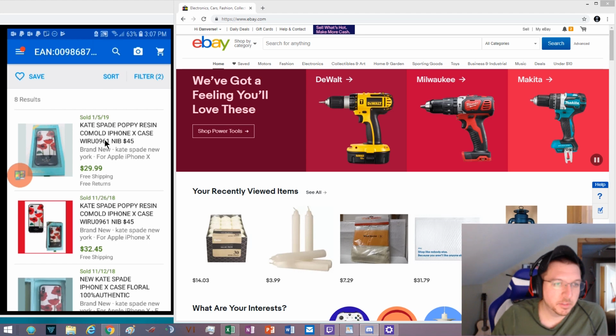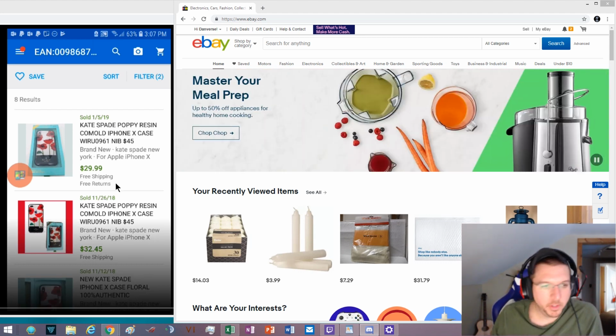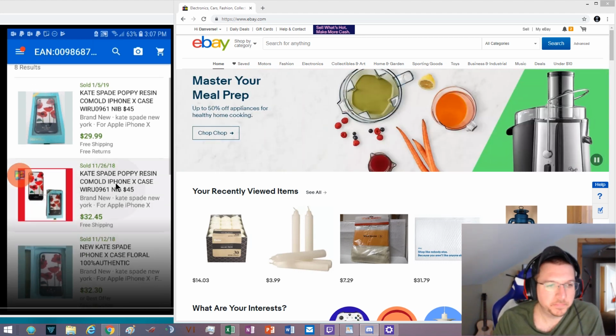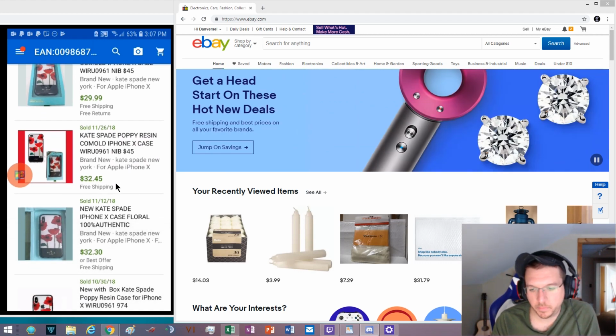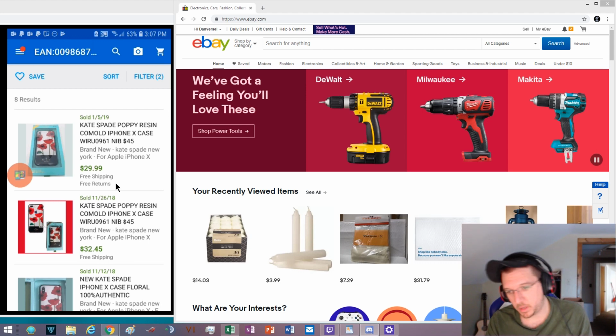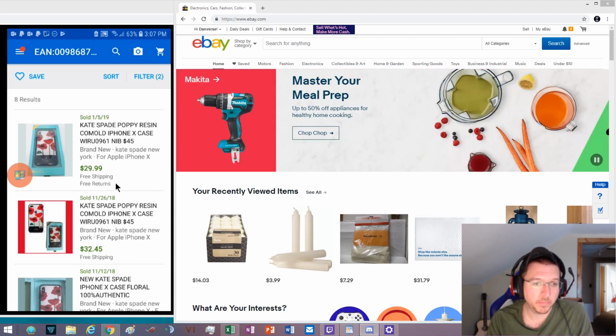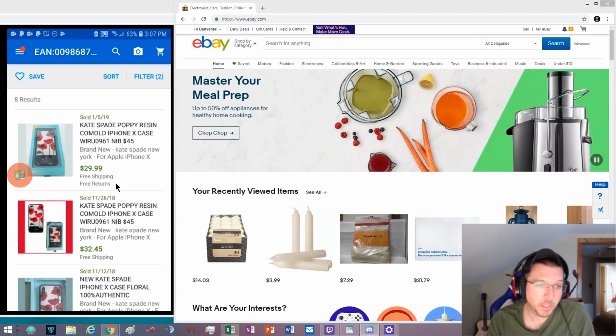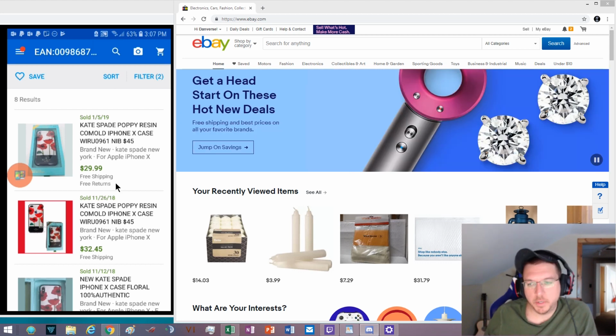And the reason I bought them is because when I scanned them, I saw that they were going for over $30. So I went through, and any ones that I could find on eBay that I could sell for 3 times as much, I bought them all. And this is what I've been doing since